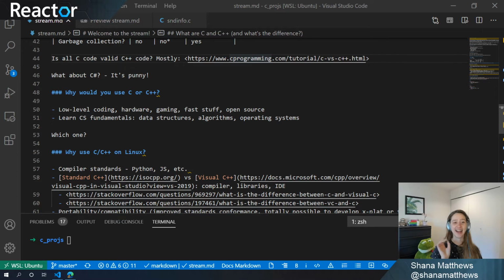If you are being asked to learn C or C++, like I was in college, the reason is probably not because it's going to make you super employable, or because you will really likely get a job writing C or C++ compared to some other languages. It's because it's really good at making you think about things you don't have to in other programming languages, which is good for learning. It's maybe not as nice for working in that language every day of your life. So if you have to learn C or C++,